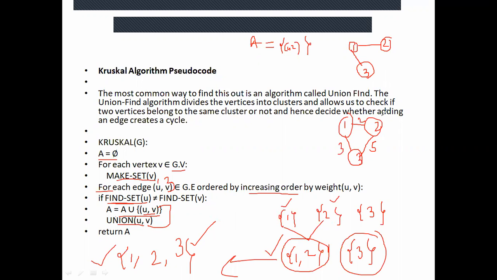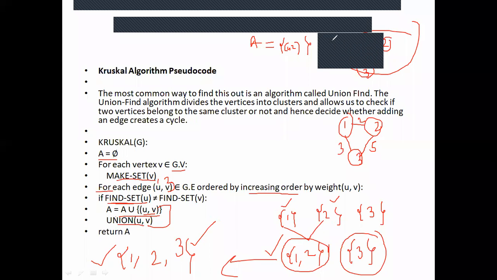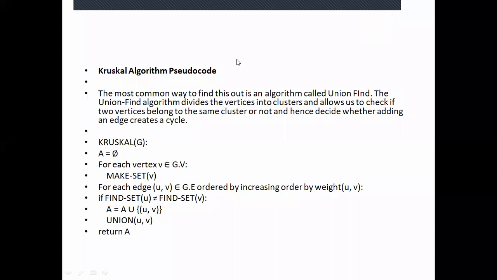Is it okay? So this will be your spanning tree, and what will be stored in A? 1, 2 and 1, 3. It will say that this is your spanning tree and the weight of that is 2 plus 3, 5. Is it cleared? Yes, Karan, is it cleared? Yes. I'll take one more example and all of you need to tell me.